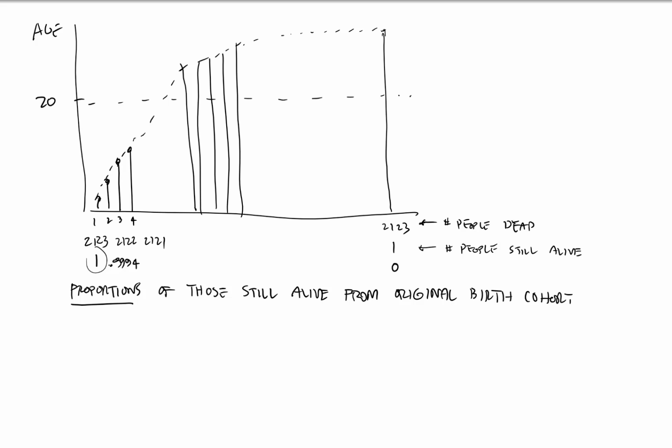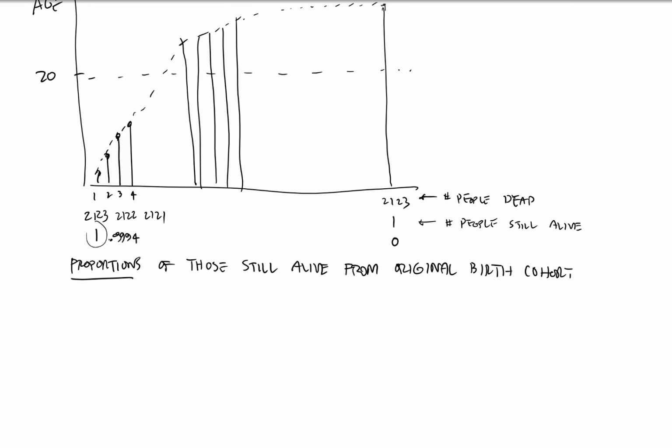At Berkeley, we always set that left side at 1, so that these numbers are all proportions. And this number that we set the left side at is so important. It has a special name in demography. It's called the radix. The radix is the base